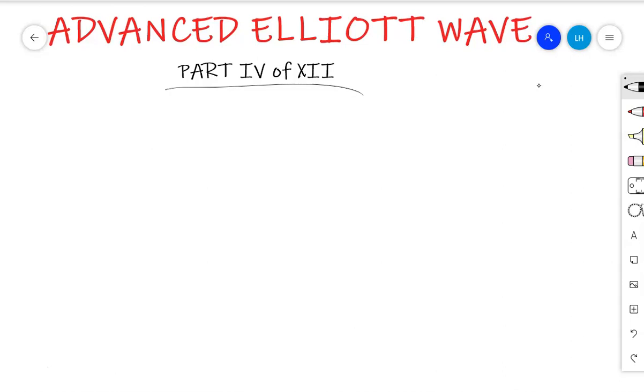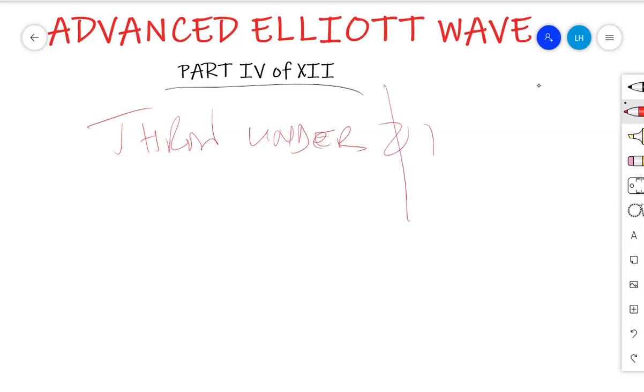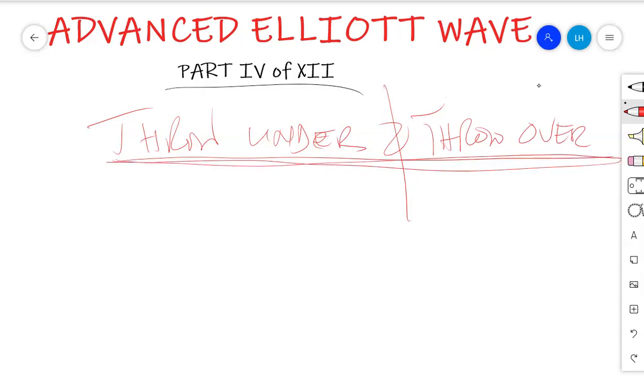So today we are going to see the concept that we call throw under and throw over. Those are two related concepts that are usually based on the Elliott wave principle, and the market sometimes may display them. If you don't know what a throw under is and what a throw over is,